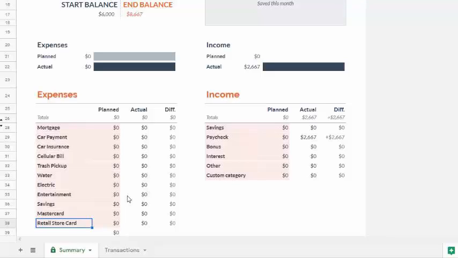It's kind of self-explanatory, but just to make sure that you're clear on it, planned means, let's say for the income, a planned income is you plan on your paycheck being that $2,667 every month. So let's say that for whatever reason, a deduction or even a promotion, that paycheck may vary. So the next paycheck may be $3,000. It'll show you the difference. But for some reason, a deduction may happen that they've added on to it that it may come out less than that